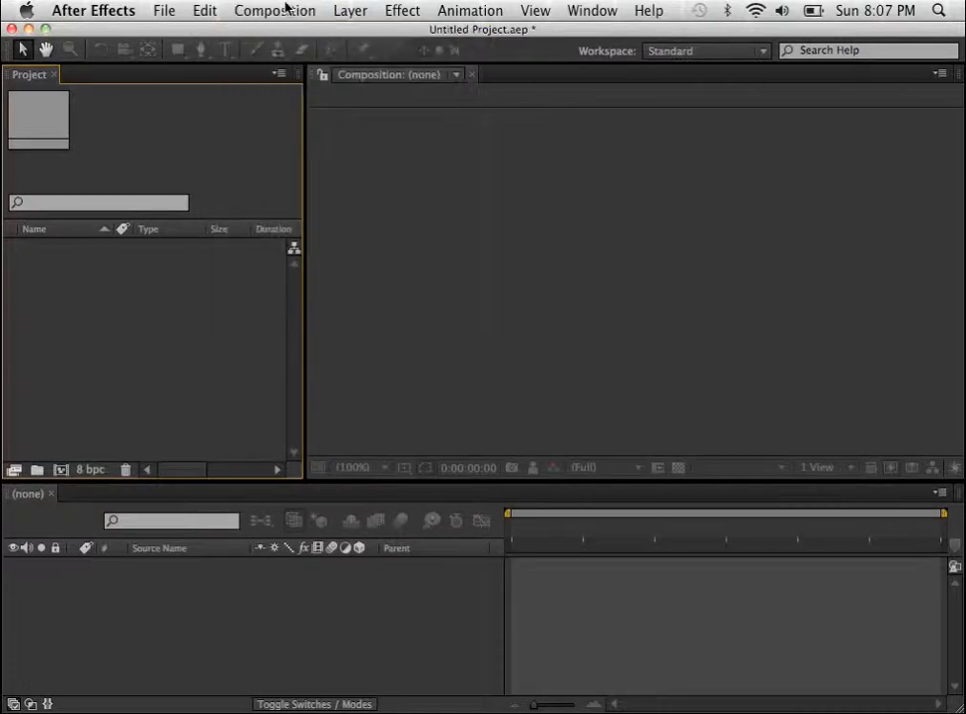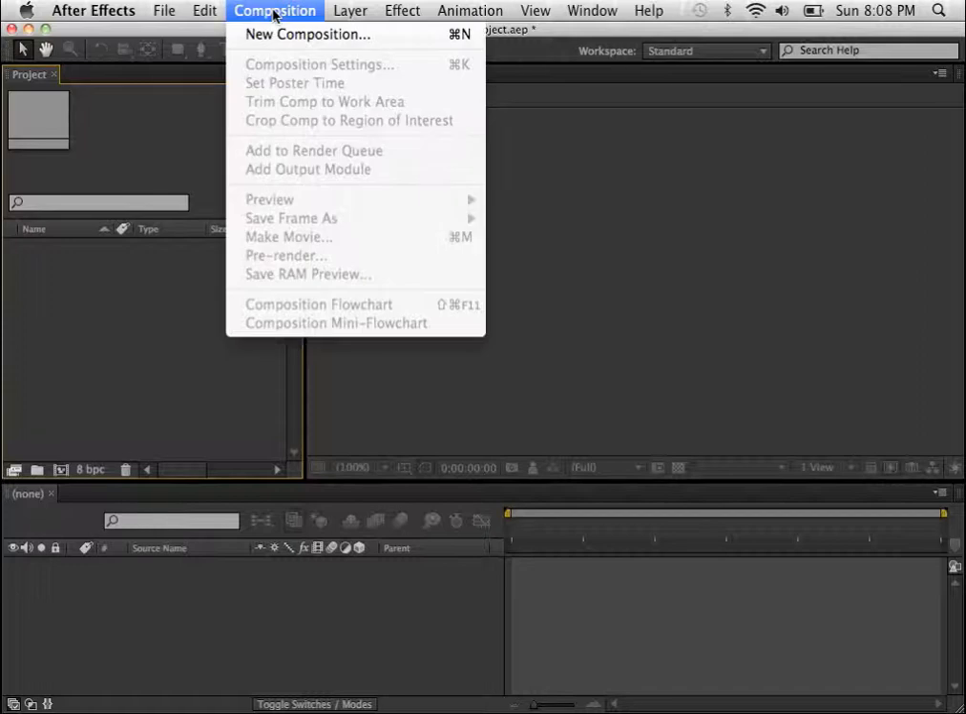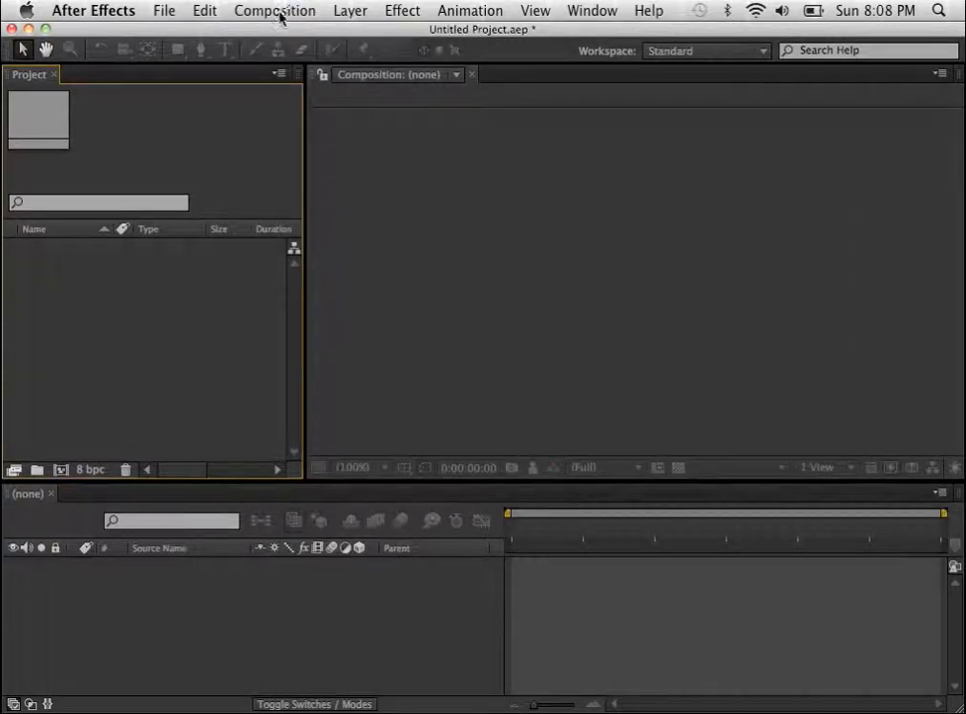And then there's a fancy, sneaky little button down at the bottom of your project window, which is the Create a New Composition button. This tends to be the place where I go most, just because it's right there and I can just tap that. But basically it's just the same thing as going here. So when you do one of those three methods,